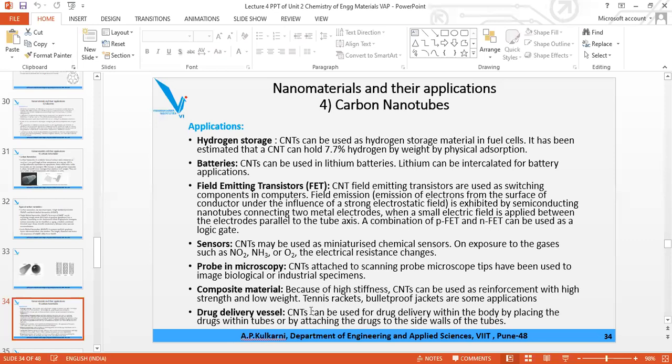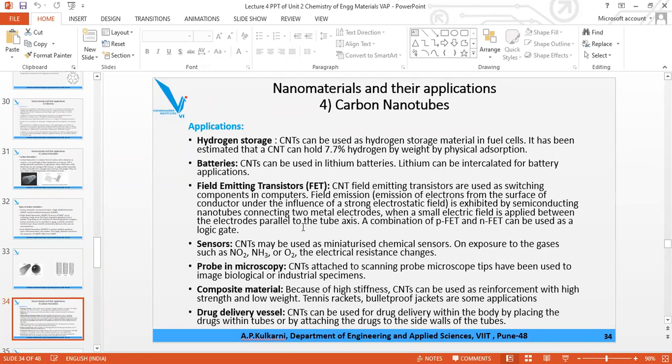So during an MRI or CT scan, if we have to see whether a certain tumor is there in a particular part under examination, then these particles are induced in the particular system of the patient's body, and if it gives color there, that means something is wrong with that particular organ. So it carries the drug which gives color to that particular body organ where irregularities or some defects are there.